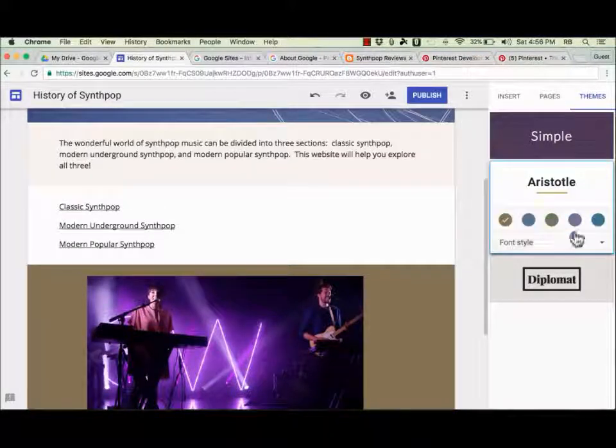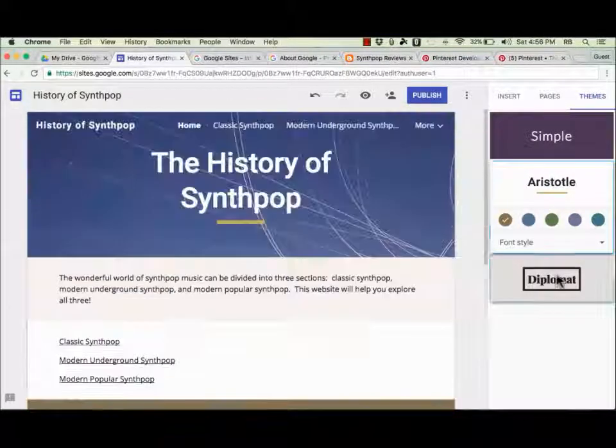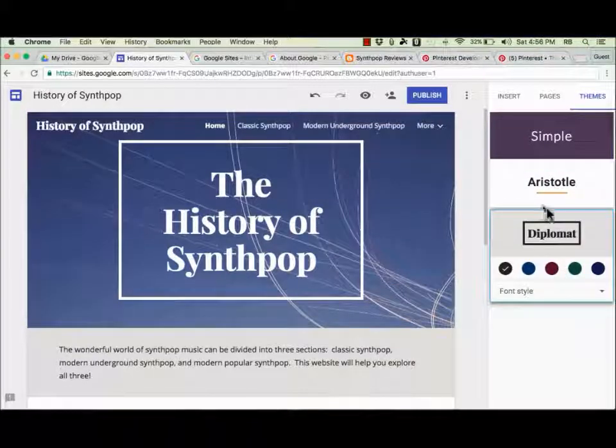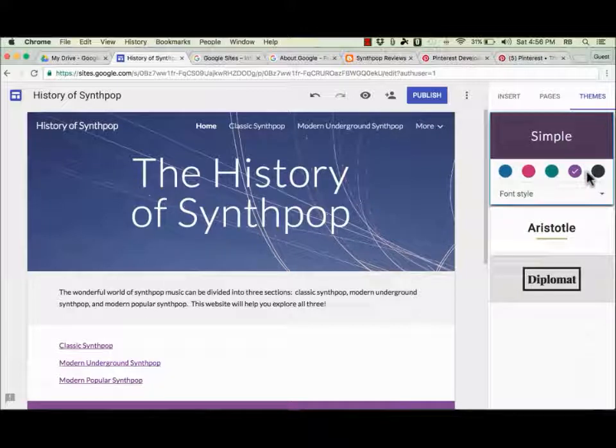Also, I can switch from simple to Aristotle or to diplomat. And this is mostly changing the style of the text, as you can see. I really like simple, so I'm going to go with simple and blue, but you can make those changes here in themes. All right, I'm going to go back now